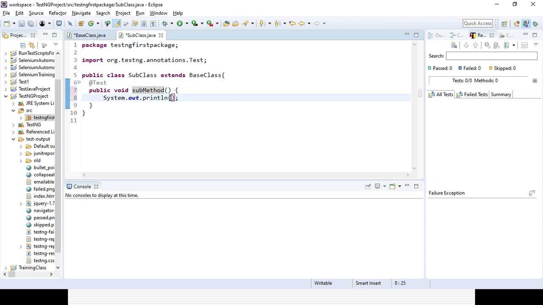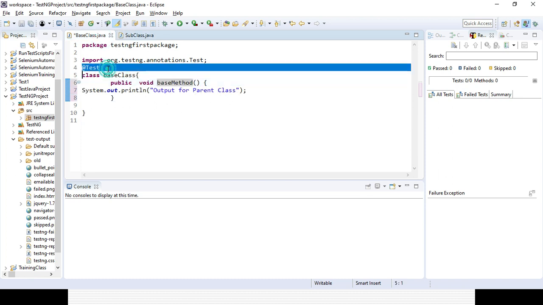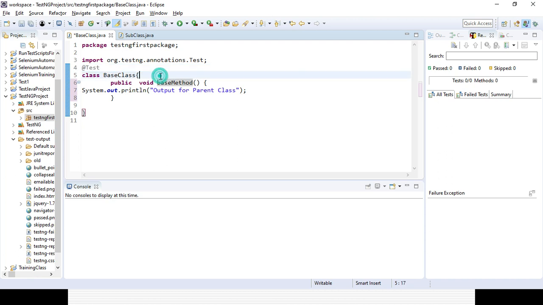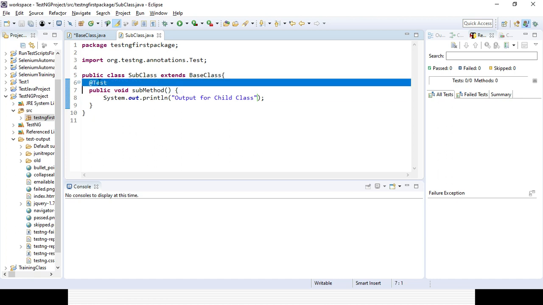I want to display the output for the child class. In the base class I have given the annotation at the class level, not at the method level, and in the child class I am using the annotation at the method level, not at the class level.